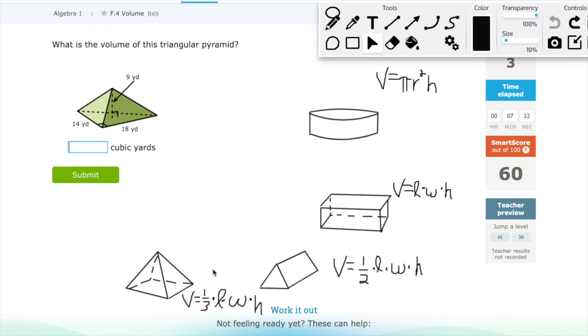Our closest one is the bottom here, the 1/3 times length times width times height. But if you notice, the bottom of this figure is a square. So essentially what we need here is, unless I'm not looking at this as a square or something like that,